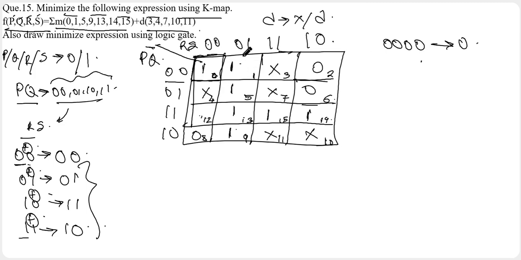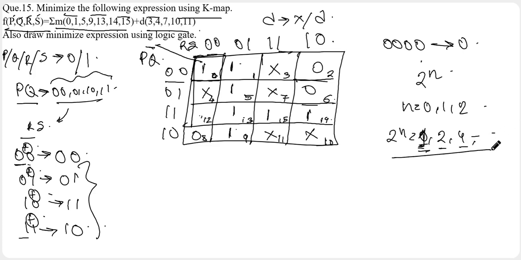Like these two ones that are present side by side, we will be making groups by placing adjacent ones in a particular group. Now this group size will vary in the order of 2 to the power n, where n is equal to 0, 1, 2. So 2 to the power n can be either 1, 2, or 4. So we will be making groups of either only 1 bit, or 2 ones, or 4 ones, or 8 ones,